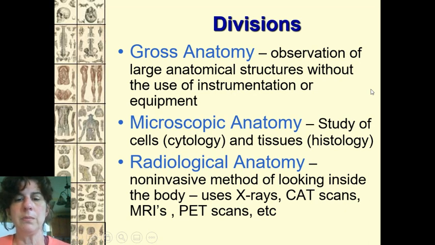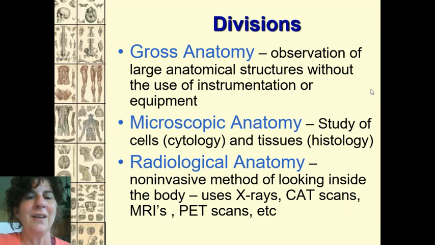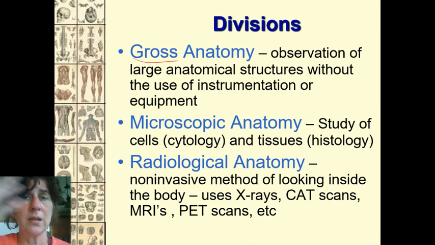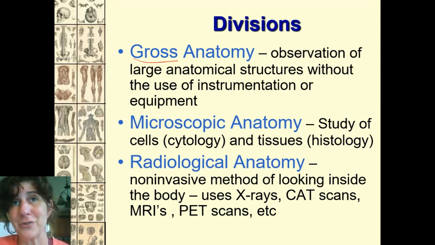All right, so going back to how we're going to study in here. We learned what gross meant. Gross means looking at the larger picture of something. So gross anatomy is one of those things we're going to do in this class as we study, especially in labs. You're going to look at virtual models. You can look at models. I'll give you some pointers on some different 3D websites that you can look at too.